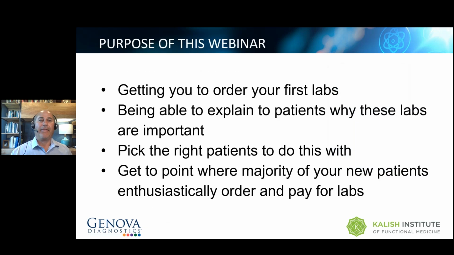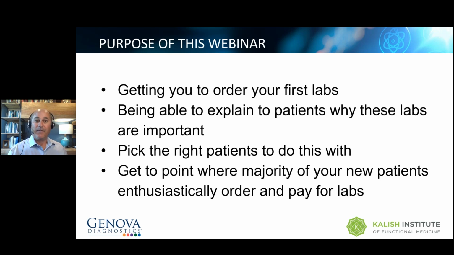So the purpose of this webinar is to get you to order your first set of labs. I mean, that's the first 20 to 50 labs, let's say. If you've already ordered one lab, that's great, but let's get you up to around 50. Once you hit 50, you'll never turn around. You'll see the profound effectiveness of this work and you'll just keep going. But we do find that people who order one or two labs, so they order one lab a month and forget about it, never get the traction they need to really get a successful practice going based on